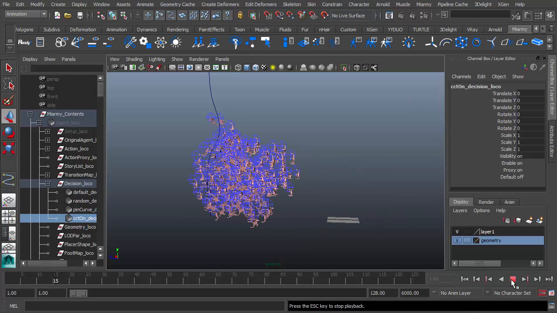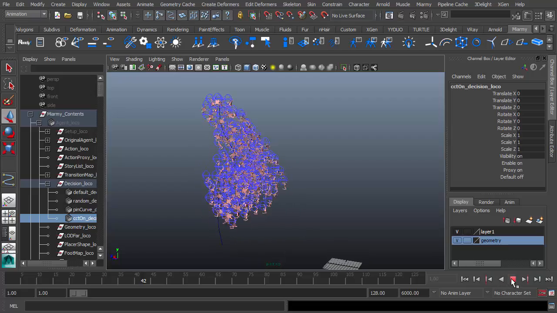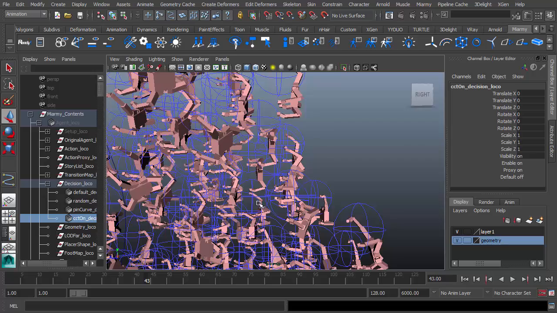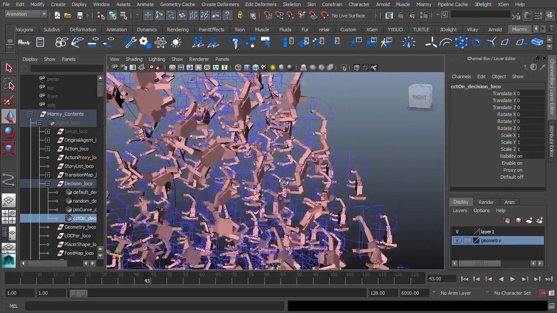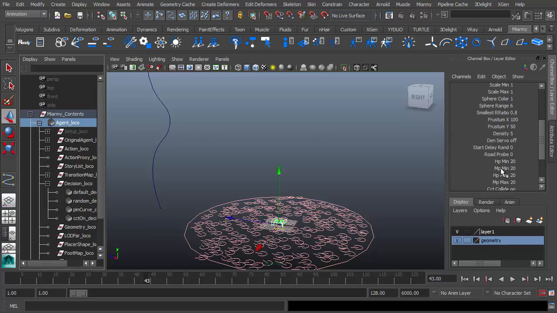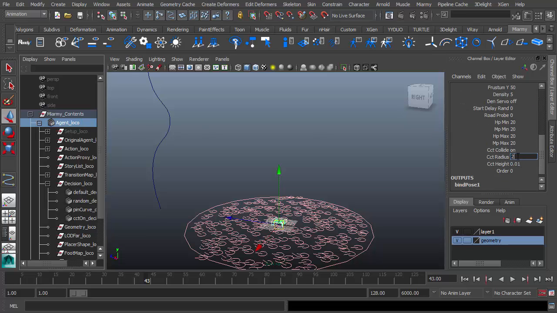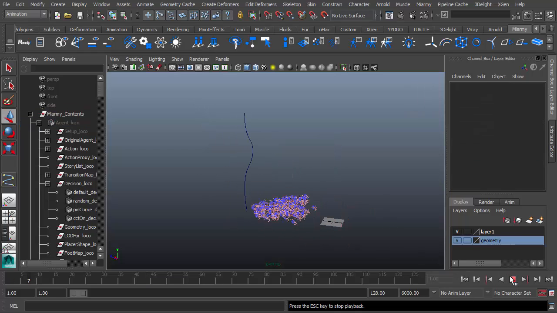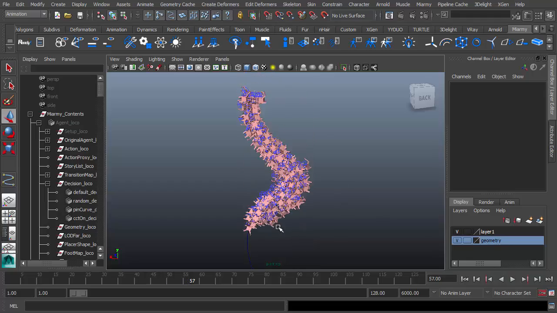So let's move that. You can see that your agents are attaching onto this curve, but there are a lot of gaps here. We need to decrease the radius of this CCT controller. So let's make that a half, about 2, and let's run the simulation again. You can see that this time it is much better now,